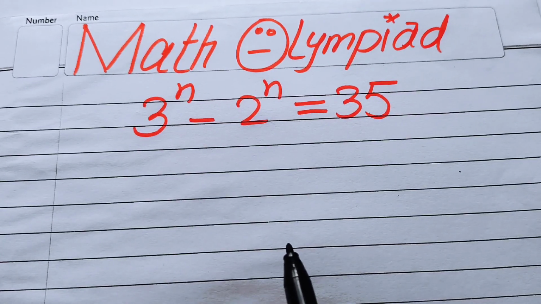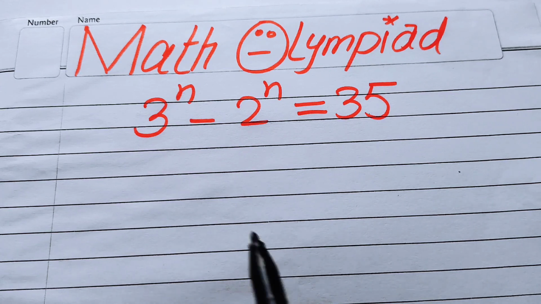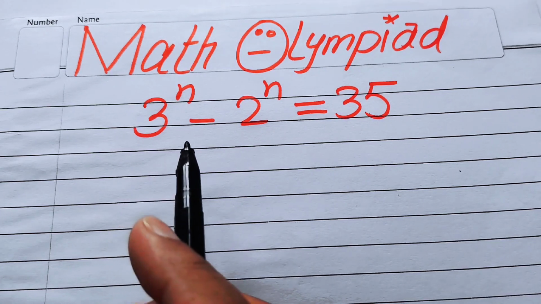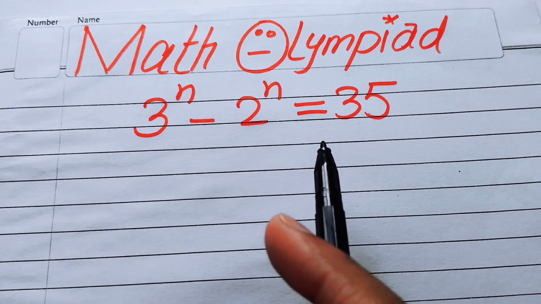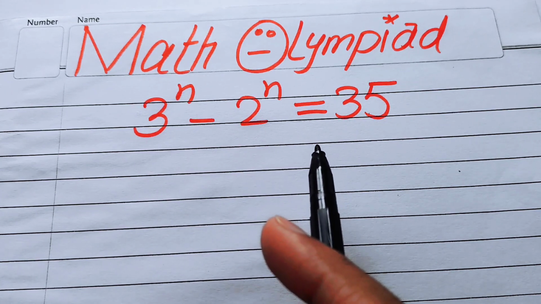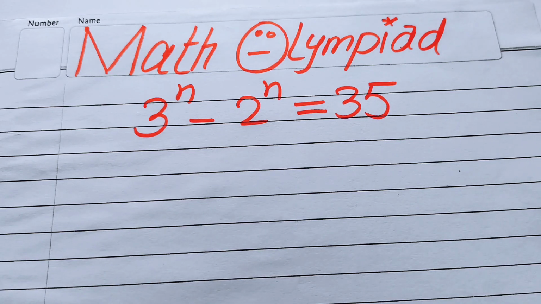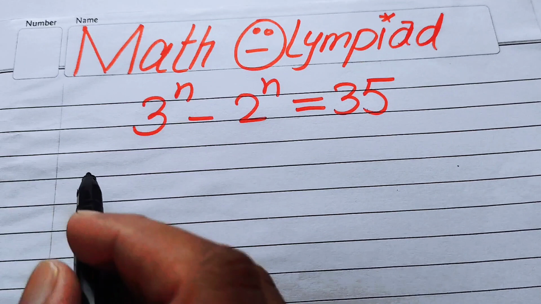In this video we are going to solve this nice algebra problem, and here we have 3 to the power of n minus 2 to the power of n equals 35, and we will solve this problem for the real values of n. So the very first thing we are going to do is rewrite this equation as,